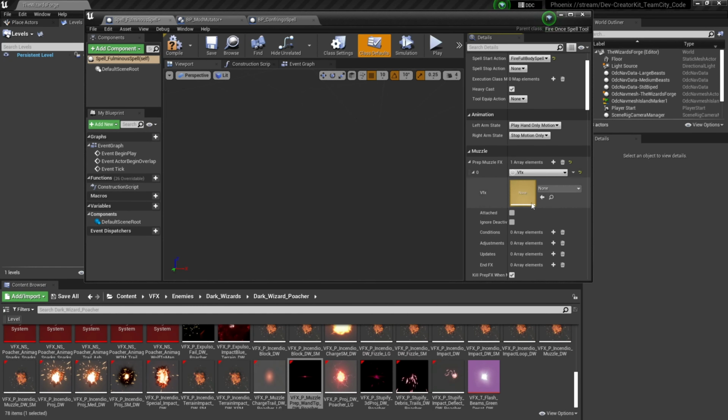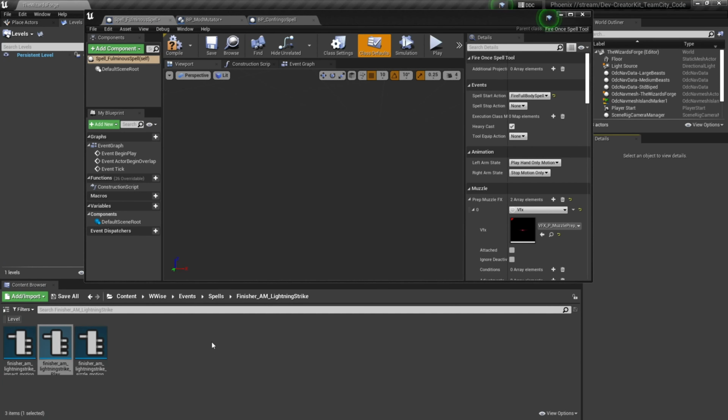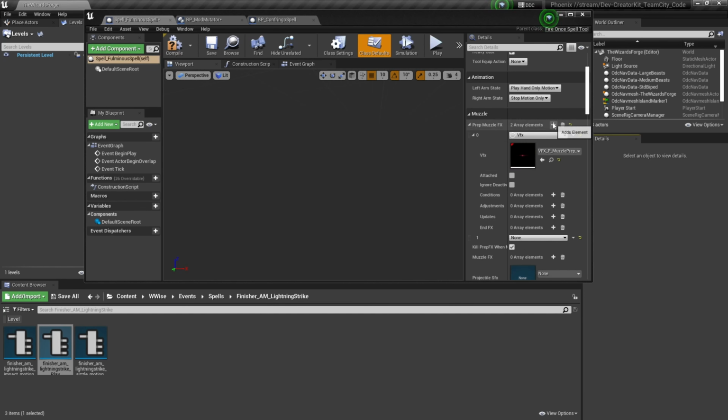And then with this selected, I'm going to press this arrow to add that to my spell. Then I'll compile and save the blueprint. For the sound effect that plays, I found I like this Finisher_AM_Lightning Strike Play. So I'm going to go back to my spell blueprint, then I'm going to select this plus button,